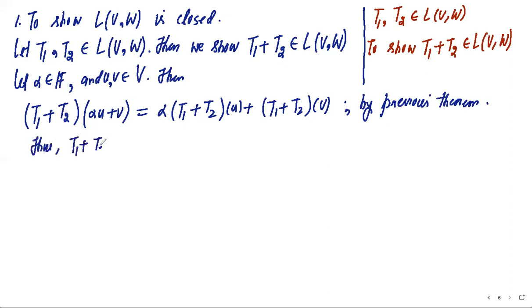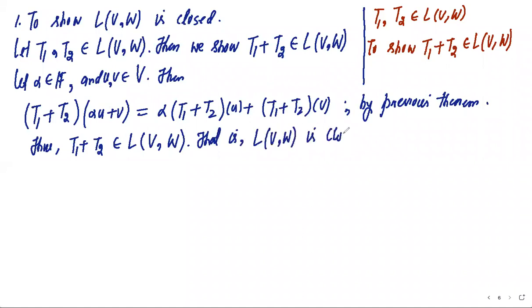T1 plus T2 is a linear transformation. तो इस तरह से हमने प्रूव किया अगर हमारे पास दो लीनियर ट्रांसफॉर्मेशन है T1 and T2, then their sum is again a linear transformation, that is L of VW is closed under vector addition। वेक्टर एडिशन कहेंगे या इंटरनल कंपोजिशन कहेंगे। So to show that this closed, अब हमें दिखाना है this also closed